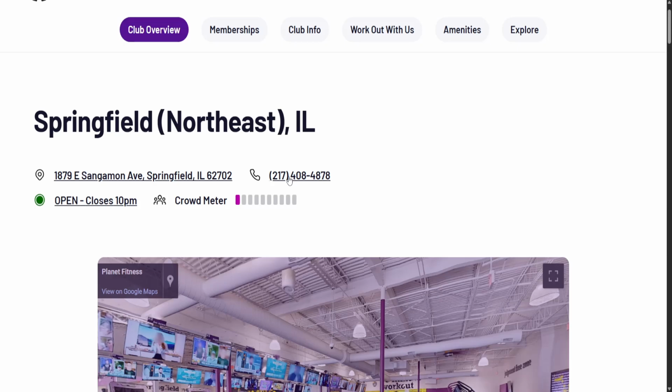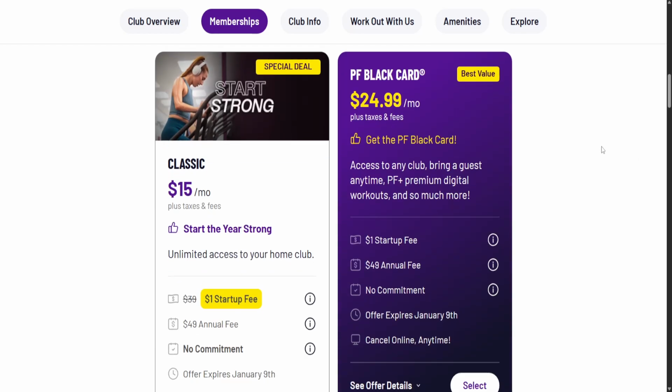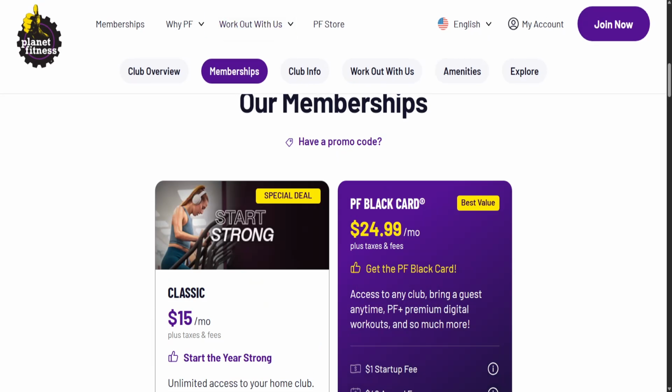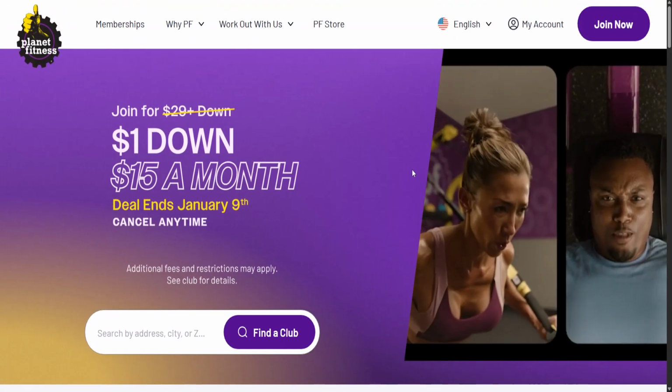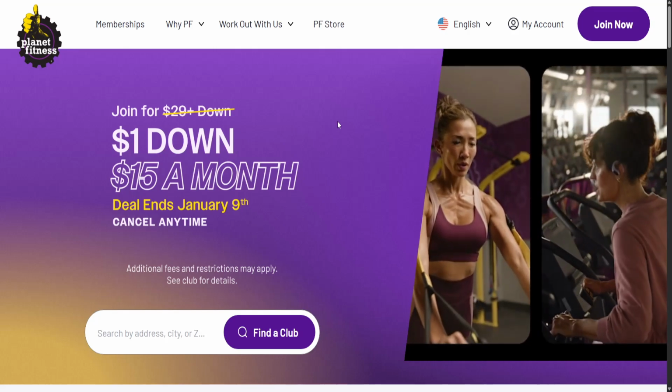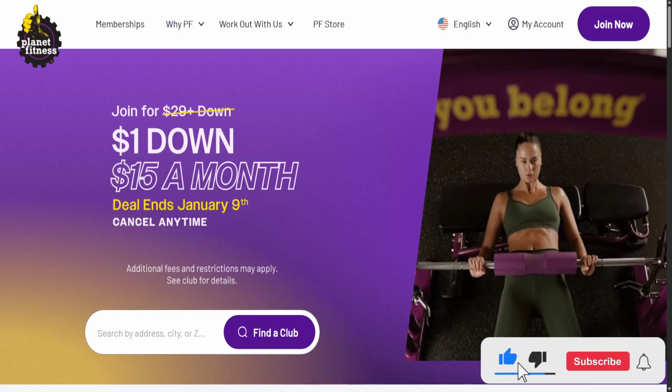And here you will be able to see the phone number and also contact information. So you just want to contact that specific club and explain that you would like to cancel your membership. Now, it's not going to be available for all clubs. Some clubs are going to ask you to go and actually do it in person, but it doesn't hurt to